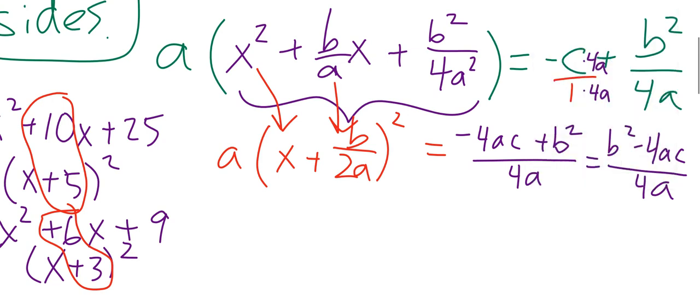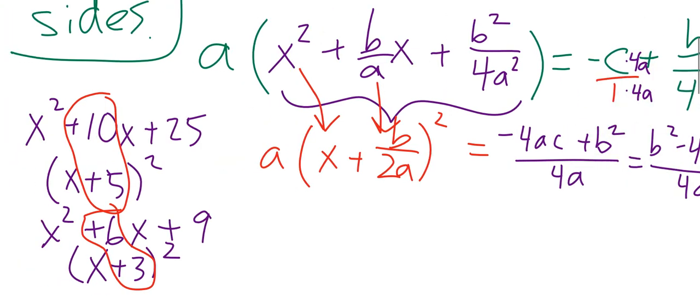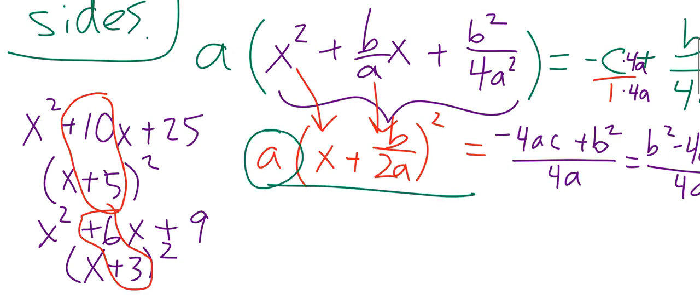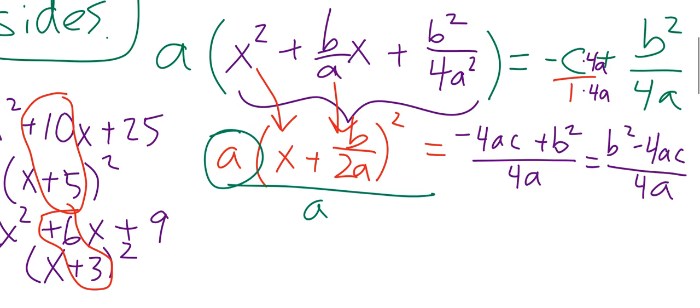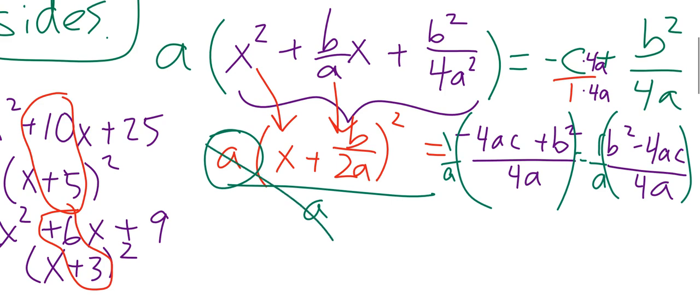Okie dokie. What are we going to do to both sides to get rid of this a right here? We're going to divide by a. Now, division by a is the same thing as multiplication by 1 over a. So I'm going to multiply, and I think I need to scoot that over a little bit, by 1 over a. Put a little equal sign in there. Of course, that really was the same thing as this, so to be technically accurate, I'd have to put it in there. Anyway, so of course it gets rid of that right there, giving us x plus b over 2a,